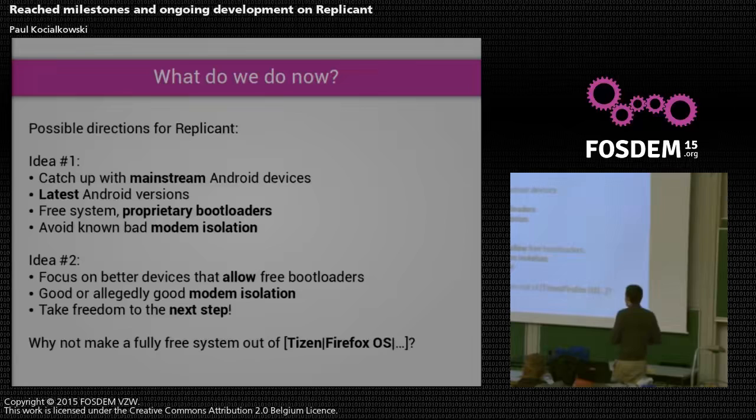So what do we do now? Well, there are basically two different directions. The first one is to say, well, that's the way it is. We'll just keep adding support for more devices. We'll just try to catch up with Samsung, who makes a new revision of their Galaxy S line every 6 months or whatever. We'll try to work and have those supported. Great. So to do that, obviously, we need the latest Android versions, because the new phones are not running Android 4.2 anymore. They're running on the new version. So we have to keep up.